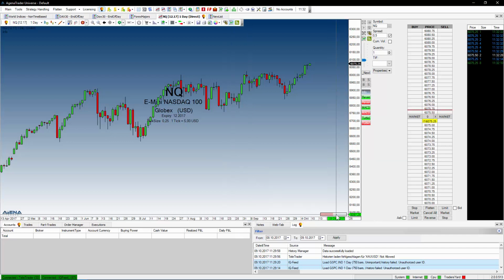At the bottom right of the chart, where you see my mouse now, is a little progress bar which shows when the next candle is supposed to be finished. At the chart toolbar at the top, as you can see where I'm now going with my mouse, I can change this kind of bar timer by deactivating it, moving it to another position,